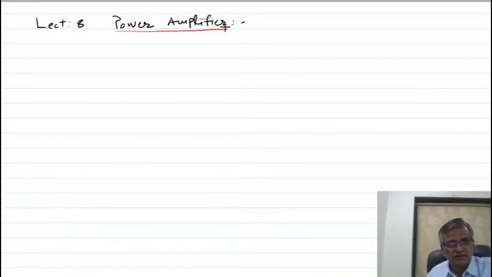Up to the 7th lecture we have discussed how to increase the efficiency of an amplifier. You know, the resistive coupled amplifier has an efficiency of 25%, then the transformer coupled amplifier has an efficiency of 50%, and the class A push-pull amplifier also has an efficiency of 50%. We have seen the designing of a transformer coupled amplifier.